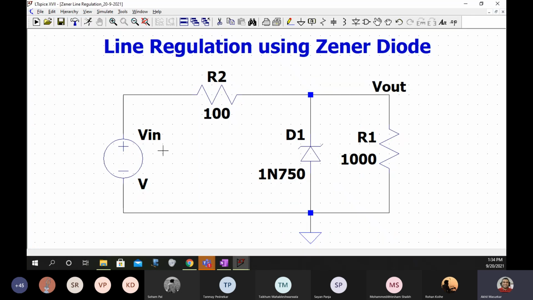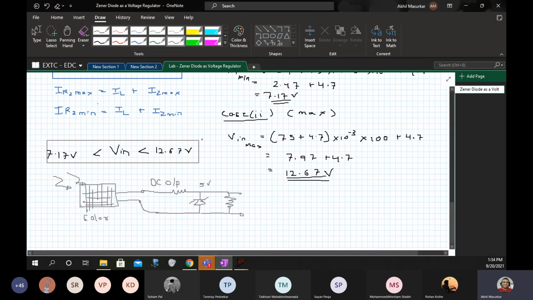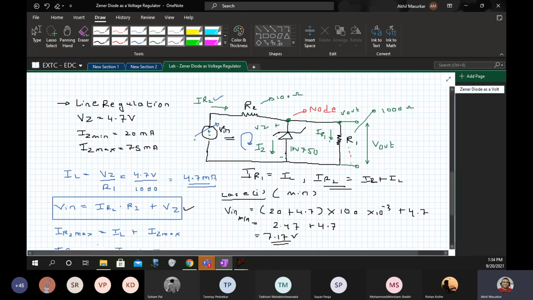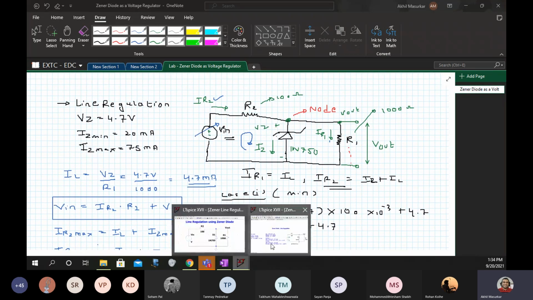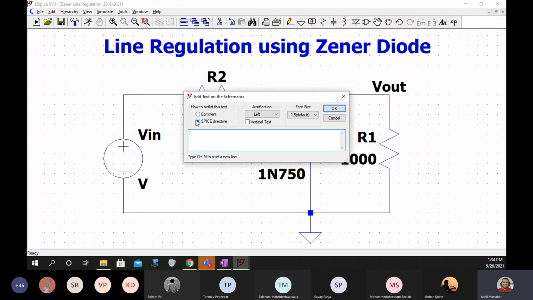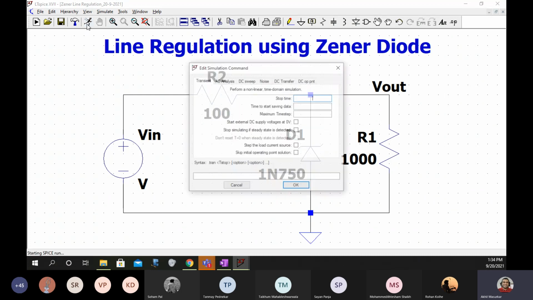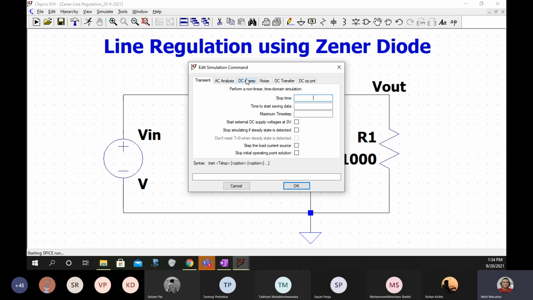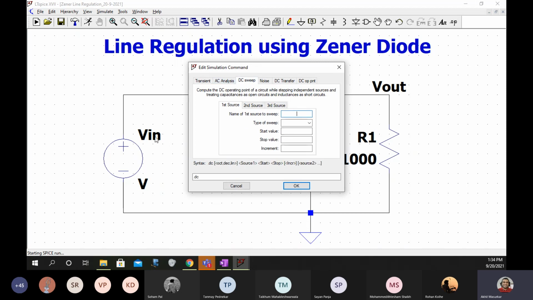Now let us go to our circuit. What we have to do now is we want to vary Vin. Instead of writing a spice directive, I'll just say run, and then I'll go to DC sweep. I want to sweep this source, so I'll write the name of the source, Vin.